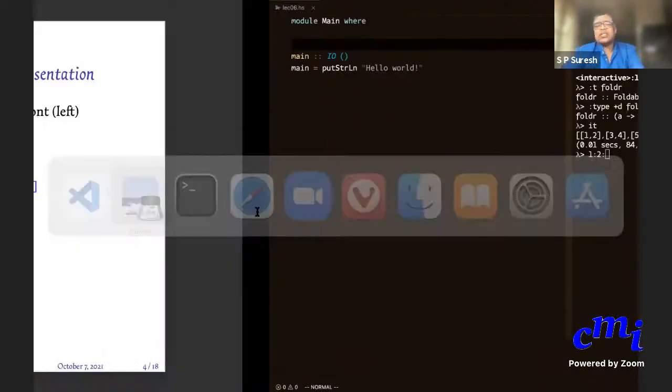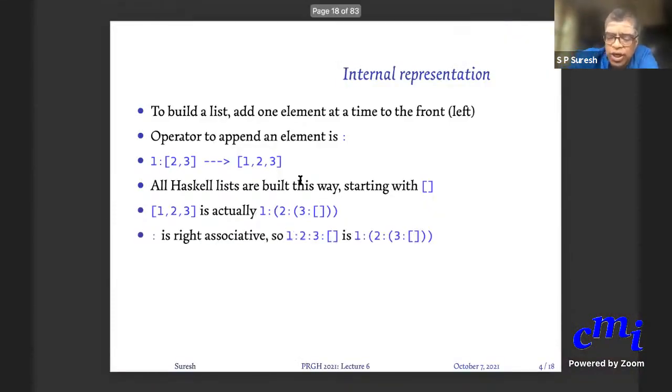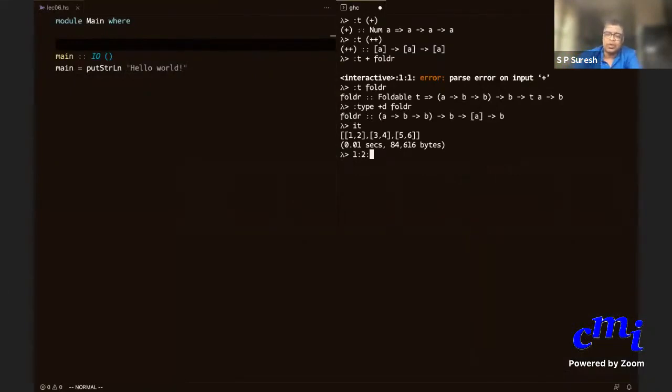So you can either say 1 colon. By the way, Haskell automatically makes this right associative. Which means that you can simply write 1 colon 2 colon 3 colon empty list without parentheses. What it means is that the bracketing is to the right. You see the point? Because this is the natural way in which you have to do things, Haskell allows you to write that without writing any parentheses. So the normal way in which you would write is 1 colon 2 colon 3 colon empty list. That will give you the list 1, 2, 3.